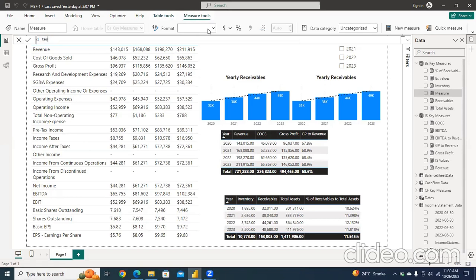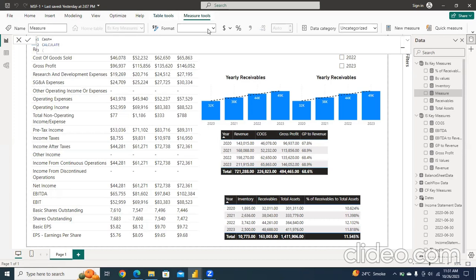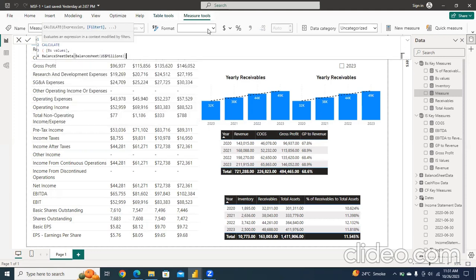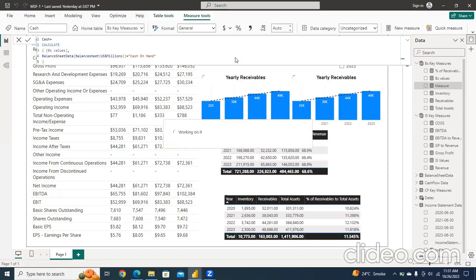Yes, it's cash on hand, or I'm gonna type the cash as well. Calculate my year. Next, I have the BS values, which filter the balance sheet details, inverted commas open, cash on hand, breaking down to the new line. I got my result,